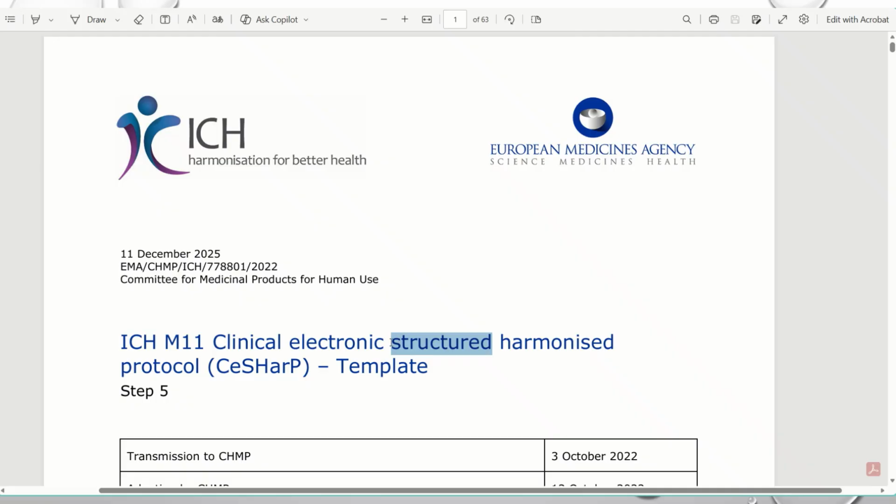And structured data is data that can be transferred into relational tables, and they can be queried. So you can query it using languages such as SQL. I call it SQL. I don't know what it's called. Structured query language. And the thing is that you can then analyze data from multiple clinical trials that could be ongoing. So you could be looking at all the clinical trials that are ongoing in Europe and worldwide,